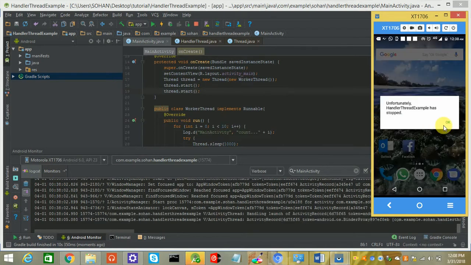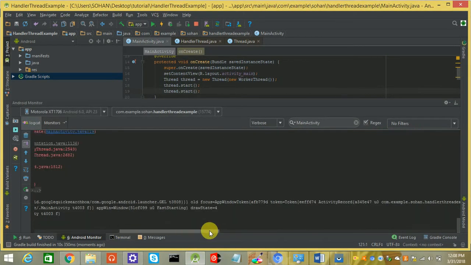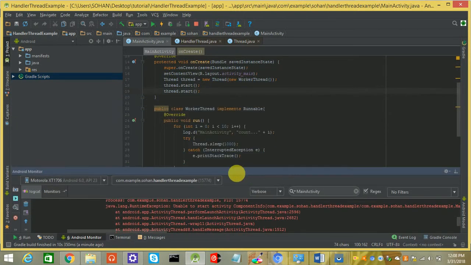Boom, it got crashed. We'll see the log to find out why it crashed. It's saying illegal thread state exception, thread already started. So in a thread we can't reuse it. We can't call this thread.start multiple times. Why? Because